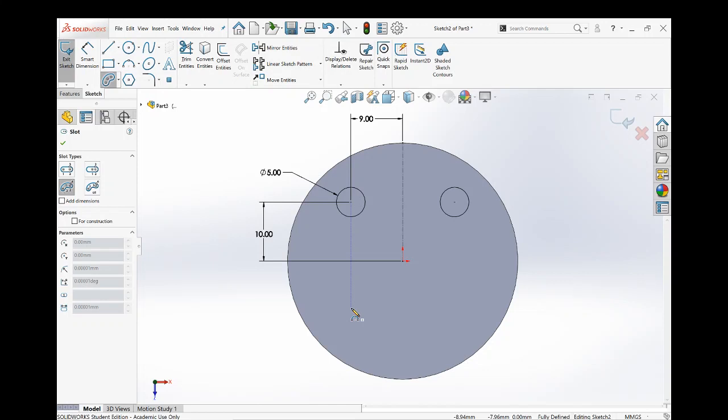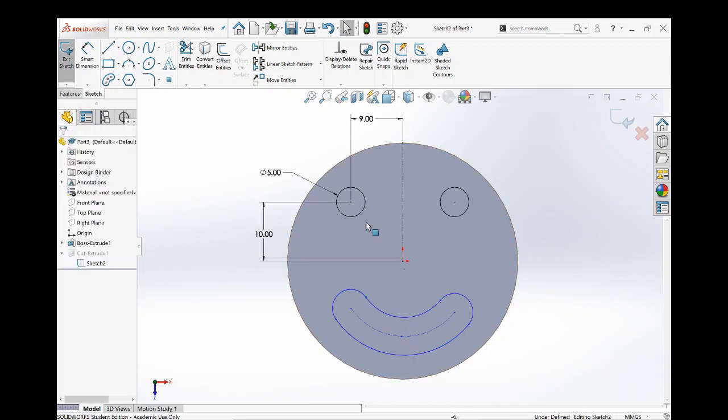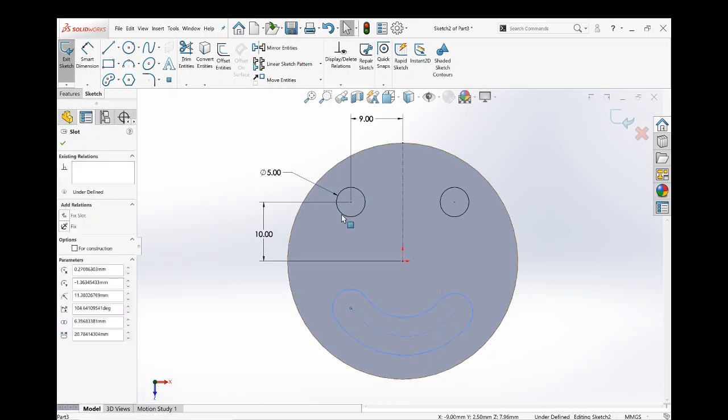I'm just making sure it's a vertical relation or has some kind of reference. Move this up or down, whichever one you want. Just make a smiley face and then hit this. This one takes a little bit more to dimension. For instance, I could hit,